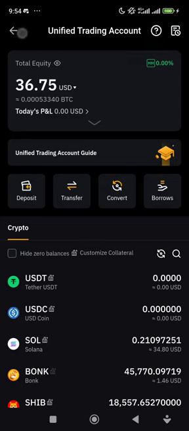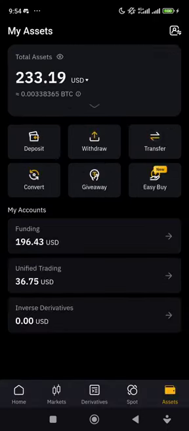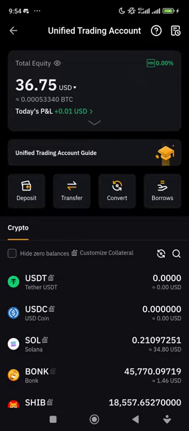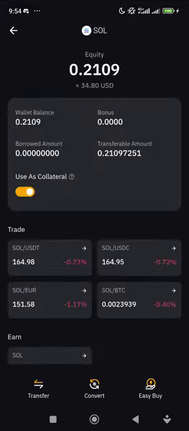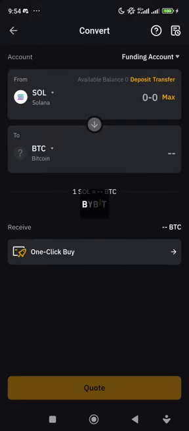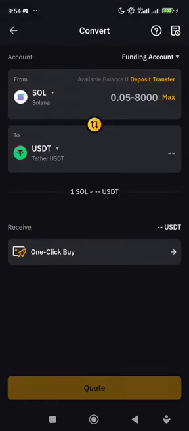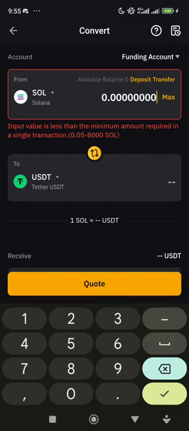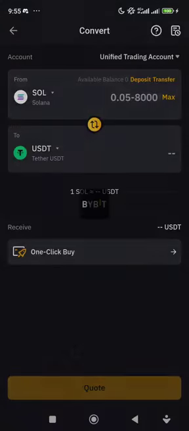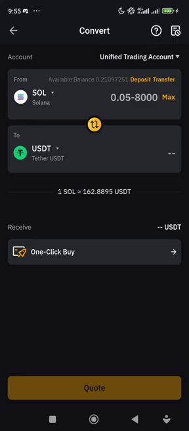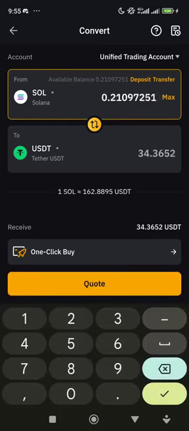So first thing you have to do is to go to your account and go to your Unified account, wherever the coin is. You can use convert, but I don't know the reason why I hate convert. So if you use convert, this is $34.8. If I decide to use conversion, and I want to convert it into the USDT that you normally use, I'm going to click on max. Now let us select the account, okay, this account. So I'm going to select max, which means I'm going to get